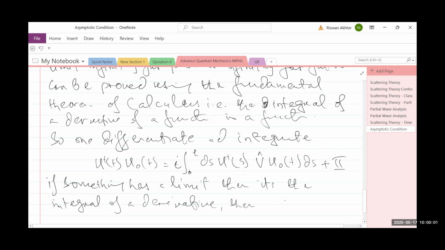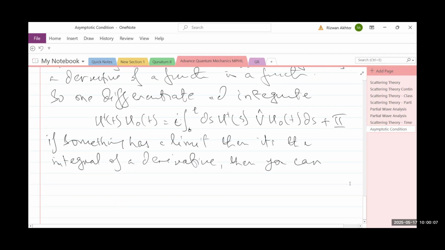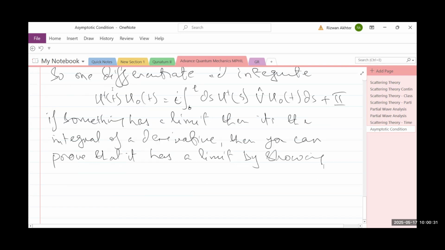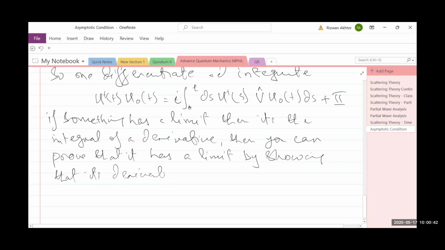Then you can prove that it has a limit by showing that its derivative is small,